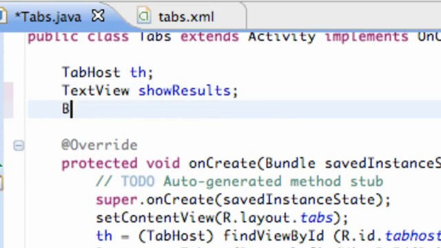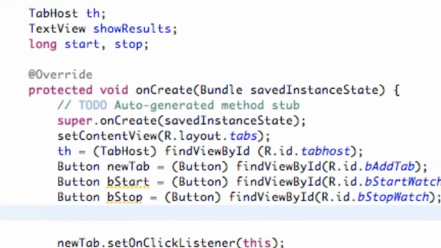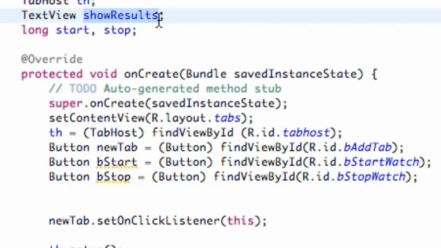and we also need to create two longs, start and stop, so we can work with milliseconds. Oh wait, no, I said buttons at first, but we need two longs. Milliseconds aren't even a tenth of a second, but that's what we're working with. So start, stop, and now we just need to set up a reference for our show results,